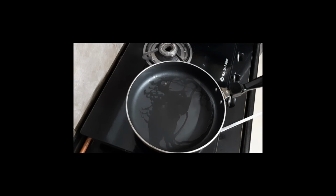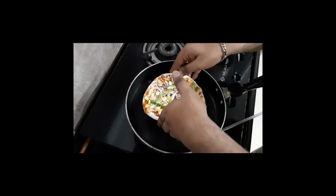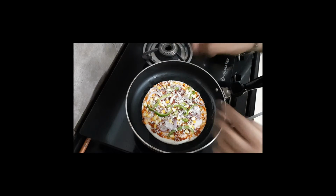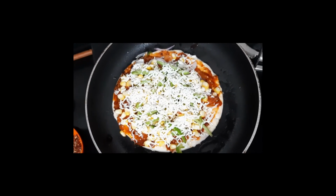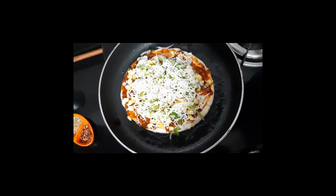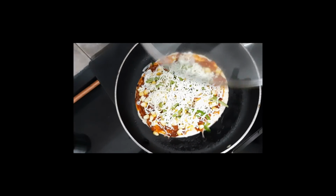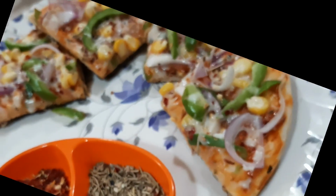Grease the pan with some oil or butter. Now place the pizza in it. Now cover the pan with a lid and let it cook for a few minutes. The pizza is now ready to eat,